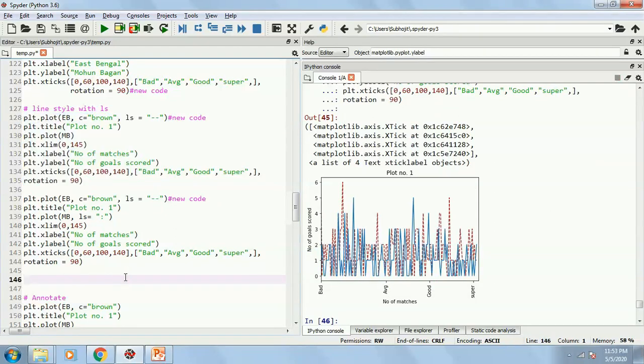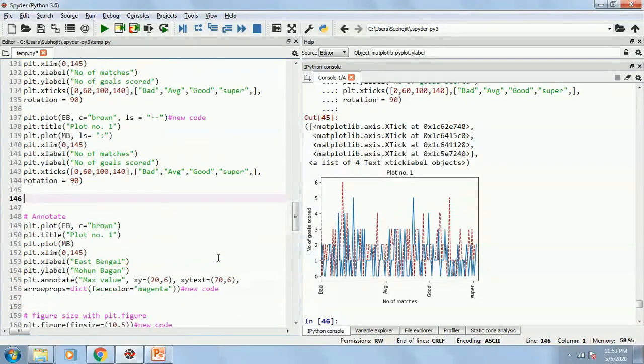You can also do some annotation. Annotation means you can add some custom made text into this chart. For example, you want to highlight that the highest scoring goals have been up to 6. This part you want to highlight. So how can you do that?